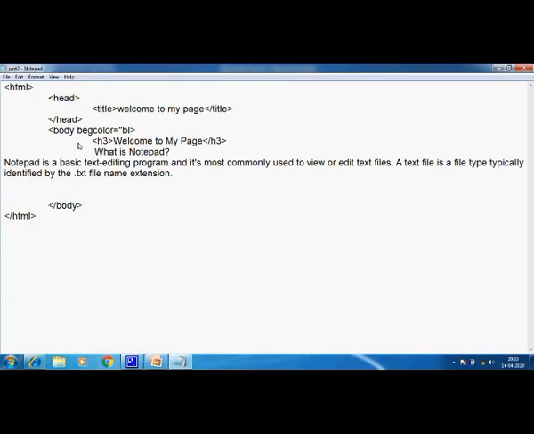Everybody will ask, sir, why have you given the black color, but you will see this will look very nice, children. BG color equal to black, fine. Now children, let's see it.